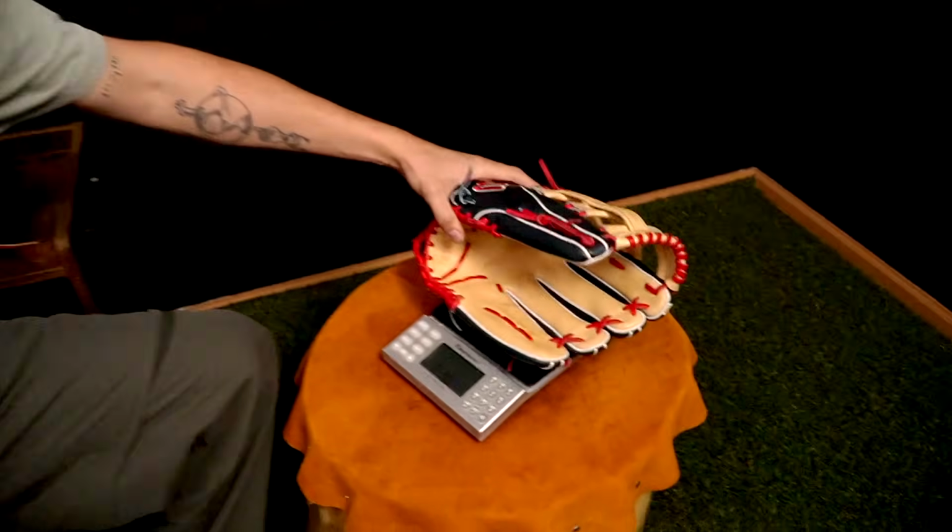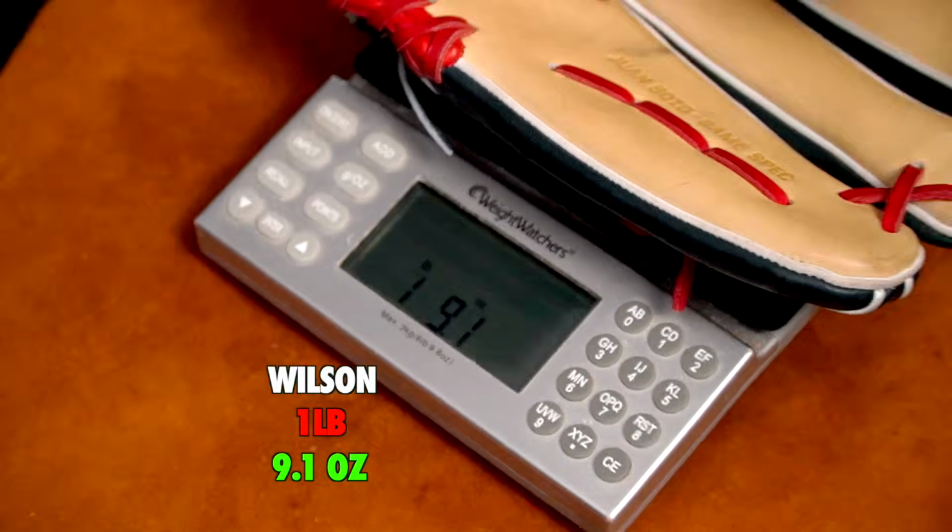By the way, Joseph, thank you for sending this out. I'm gonna break this in later today. I lied, that's not gonna happen. I'm gonna break it in tomorrow. Dang it! 1 pound, 9.1 ounces. That's a hefty boy. This is actually my love in...